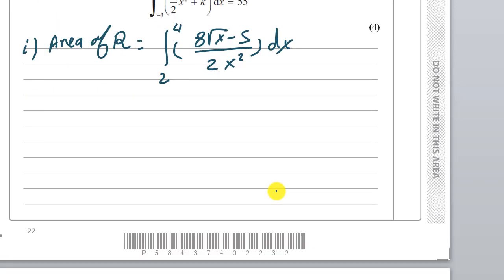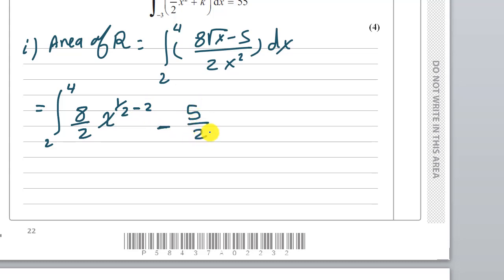Let us start to find the integration. So it's equal to from 2 to 4, 8 divided by 2, x to the half minus 2, minus 5 divided by 2, x to the minus 2,